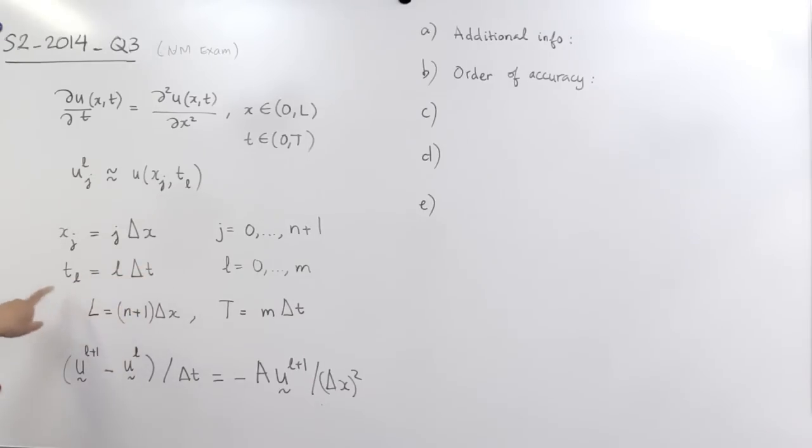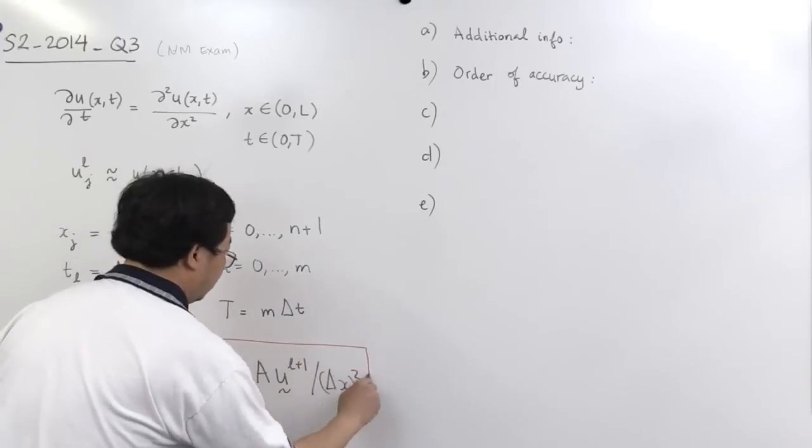delta t. So then at xj and tl, we have the exact solution u(xj, tl), but then you want to approximate the exact value by ulj, okay? So here then we will solve the discretized equation, okay, by this formula. So this formula is given in the question,